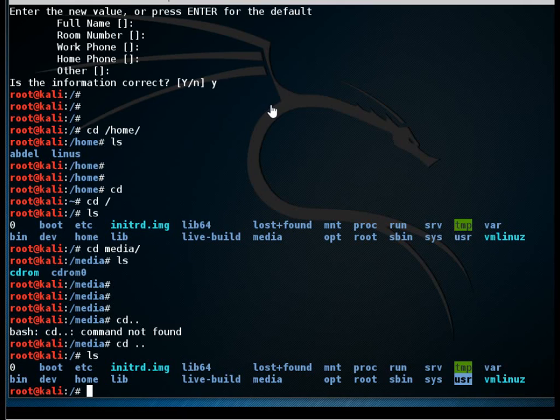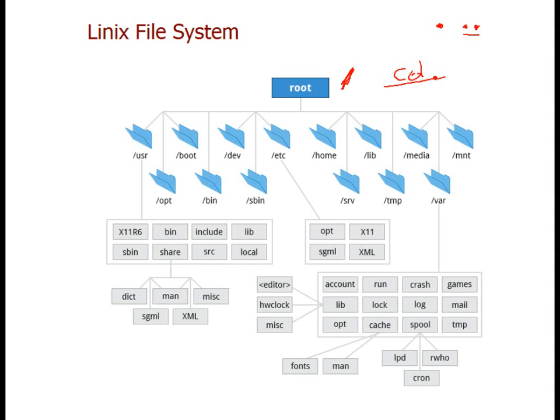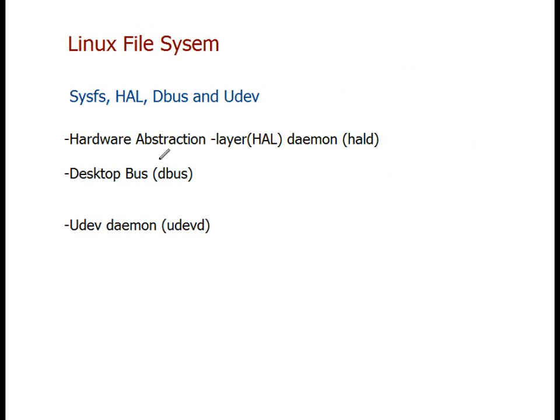Also, I want to talk about some daemons that run on Linux, which are important, and you should know them. We have sysfs, we talked about that. We have the HAL, which stands for the Hardware Abstraction Layer daemon. This daemon starts up with the computer. When the computer boots, it runs at startup, and it tells the application about the hardware. Whenever it detects a device, it tells the application about it, and also it abstracts the differences in hardware from